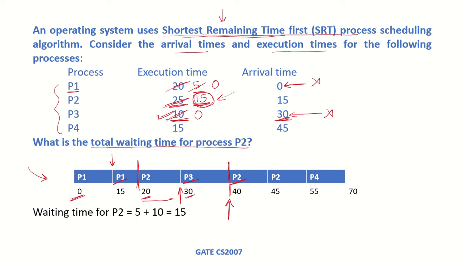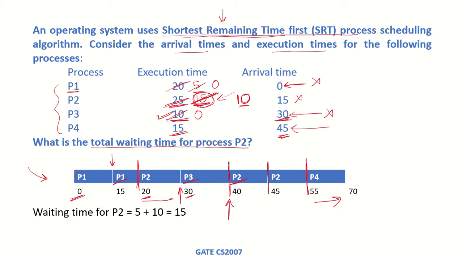It has run for 5 time units. So at 45, process P4 arrives in the system, but since P2 has finished executing 5 more, only 10 time units are left for it. Comparing the time for P2 and P4, P2 will still keep on executing till 55, and this is the time when P2 is also gone out of the system. It has executed and now the CPU will be given to P4.